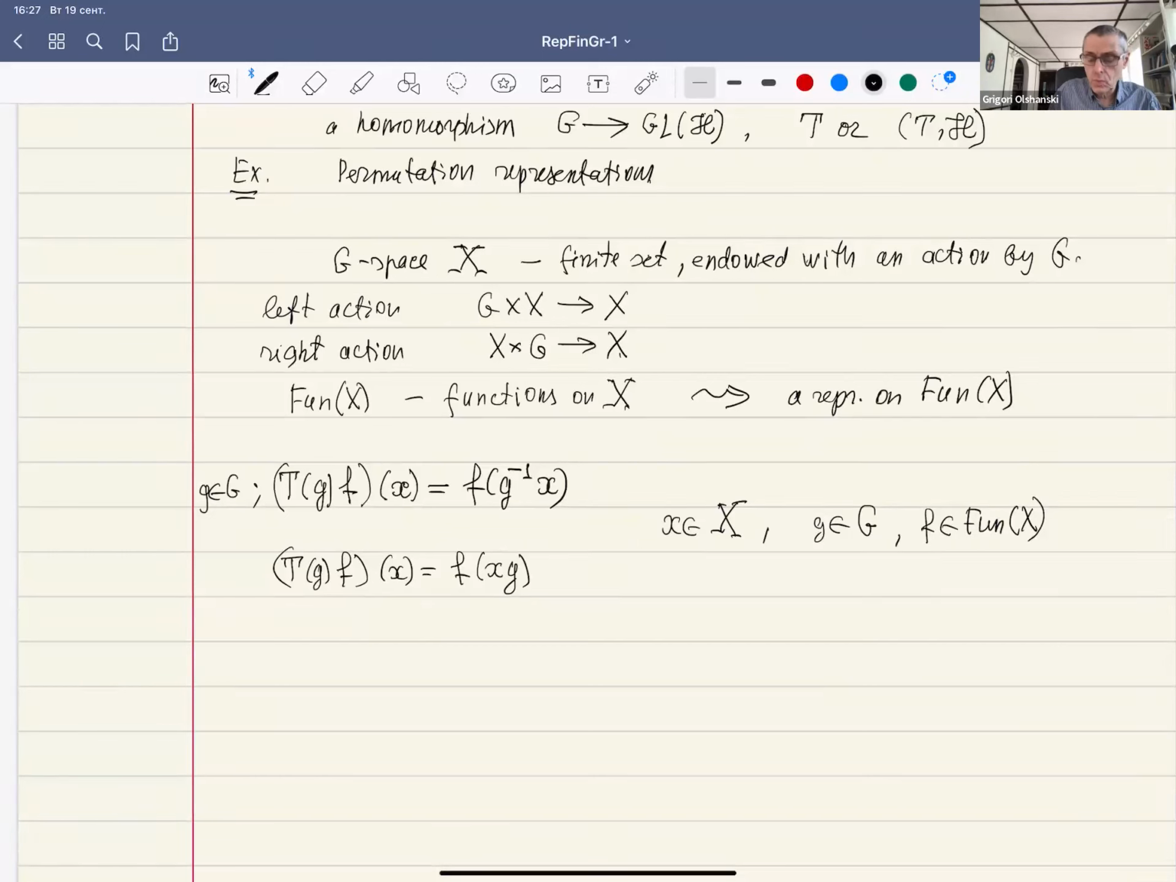Now, given the representation, we want to construct new representations. So there are several ways to build new representations starting from initial ones. One way is as follows: given representations U1, operating on the space one,